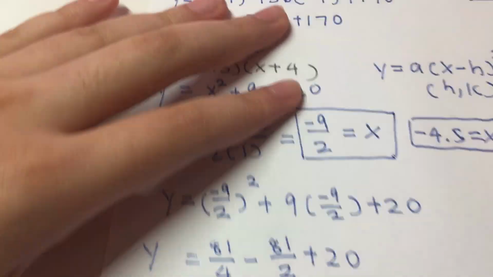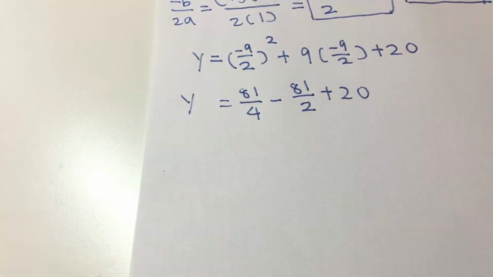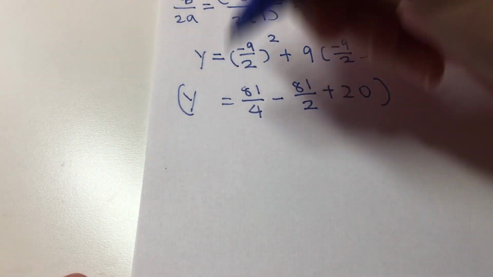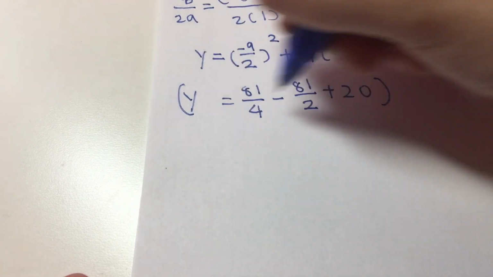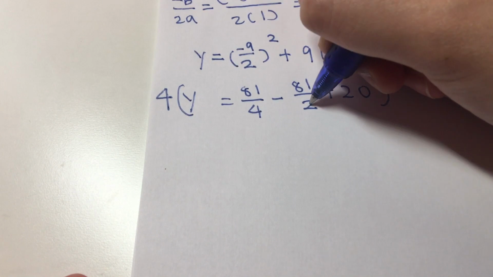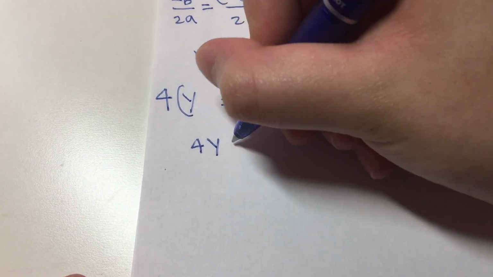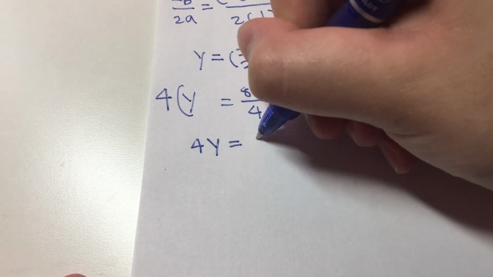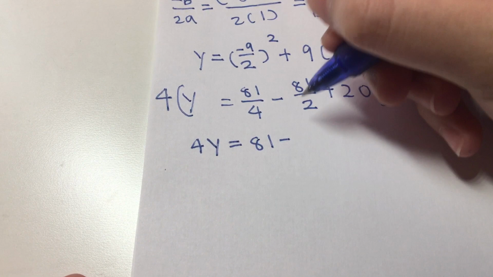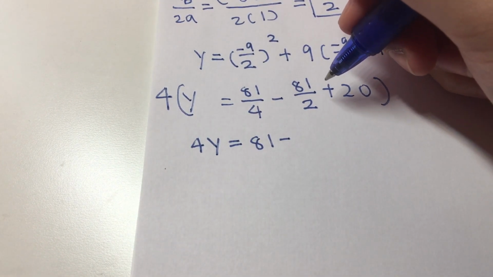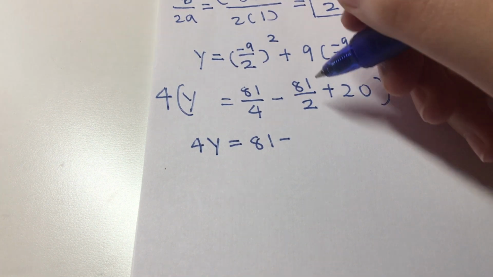Oops, you can't see it. Okay, I'm going to move it here. Okay, I don't like fractions, so I'm going to times it all out. I'm going to times everything by 4, so it eliminates the fractions. So it's 4y equals 4 times 81 over 4, which is 81, minus 4 times 81 divided by 2, I think it's